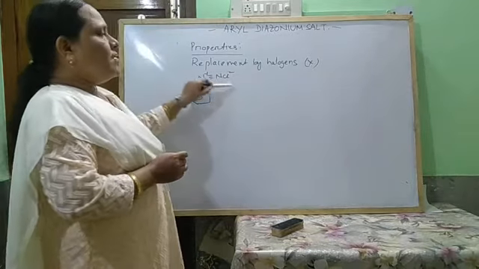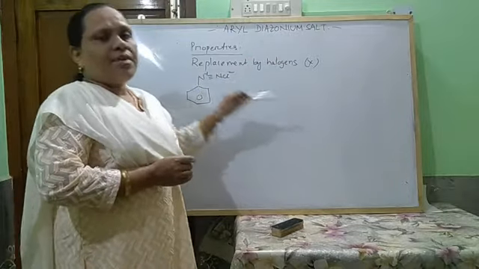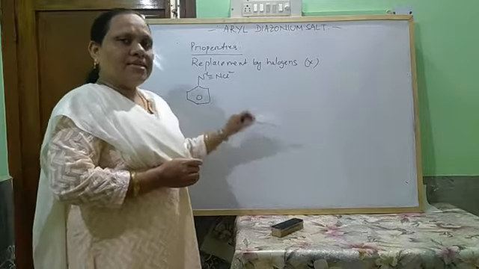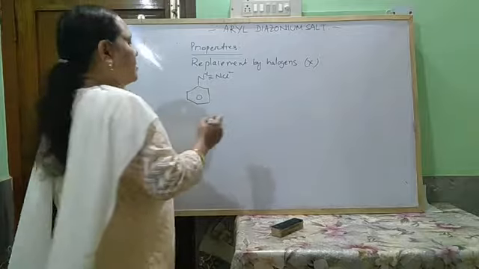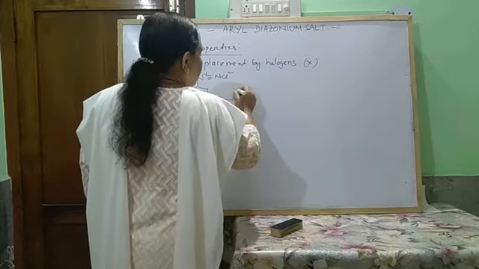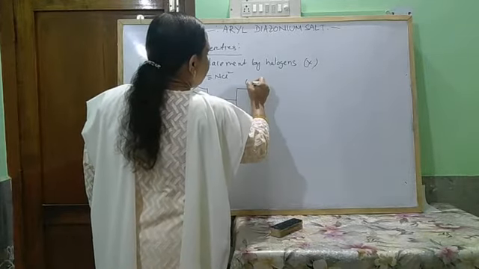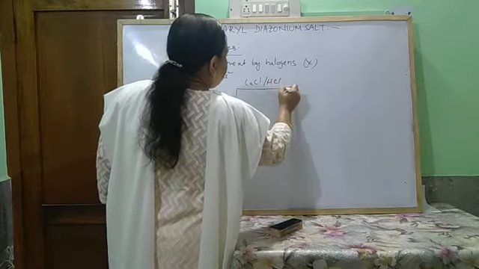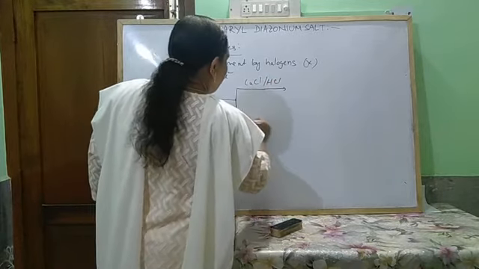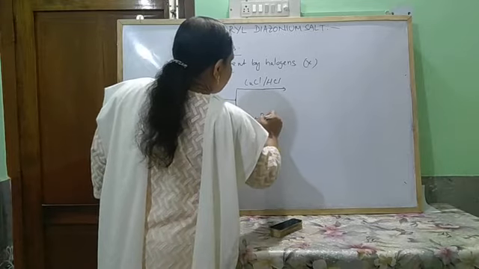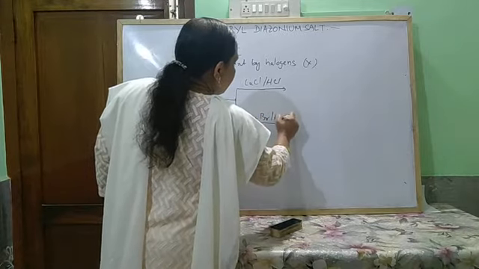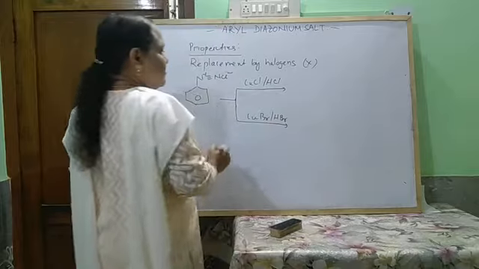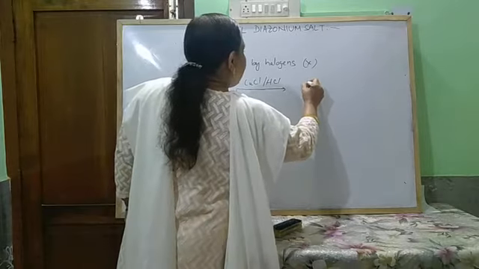This group is replaced by chlorine and bromine. This reaction is known as Sandmeyer's reaction. So when this is treated with CuCl in the presence of HCl, or CuBr in the presence of HBr, then it forms